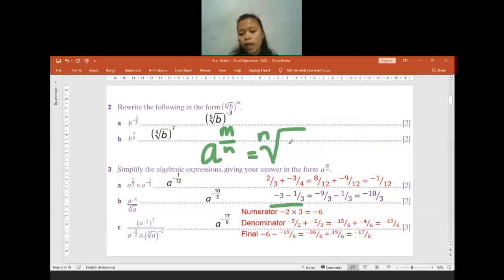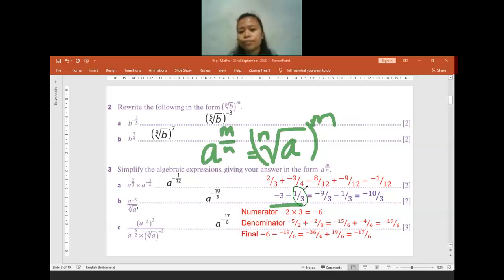Whenever you have a to the power of, maybe m per n, it will be the same as making it into an n-th root. This is the letter n, it will be here. The a will be inside the root, and the m will be outside. So for the cube root of a, it means the a has no power, so we can put our own power, which is power 1. That's why it will be 1 per 3.